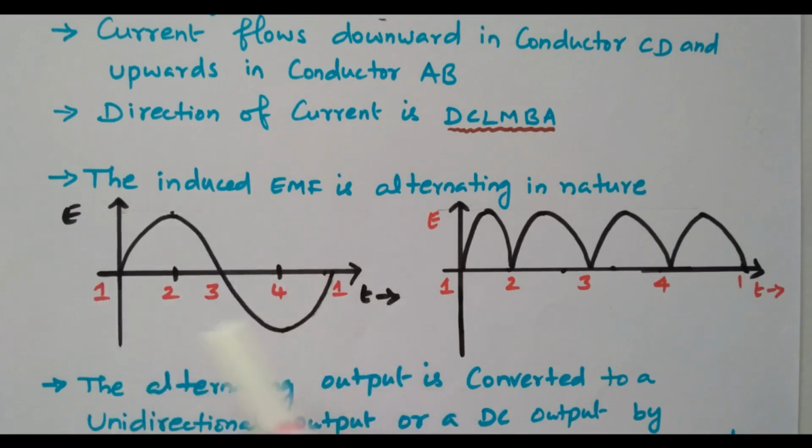So it keeps on changing: 0, maximum, then 0, again maximum and 0. But the current direction is reversed because the conductors are moving in anti-clockwise direction. So the current will flow A to B or B to A, upward or downward, accordingly it will change. But here we are discussing the DC generator. This is the alternating current, AC. So that AC can be converted into DC, unidirectional DC, like this 1, 2, 3, 4. So that is done by,